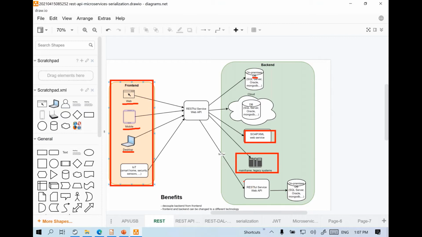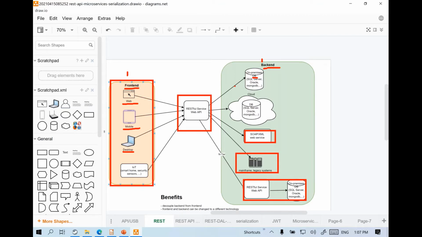So before we talk about the last part, where we are connecting to this service that is connecting to some other database, in between we have this API, application programming interface. So RESTful services or REST APIs, they act as interfaces in between your front end and your back end. So this way you are decoupling your front end application from the back end.